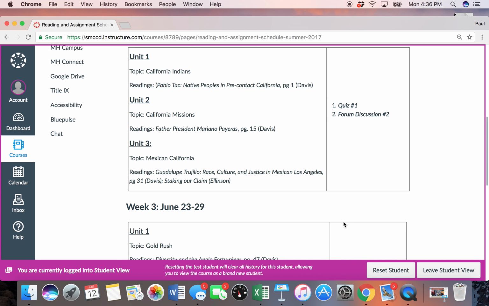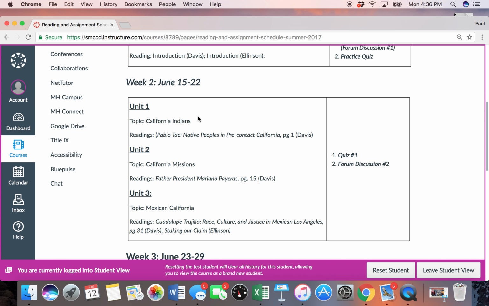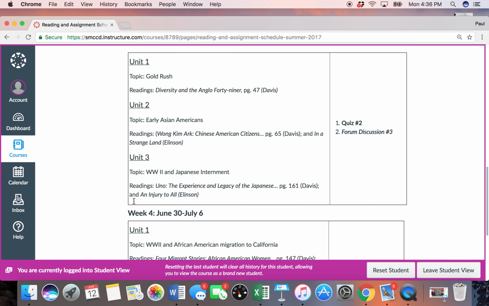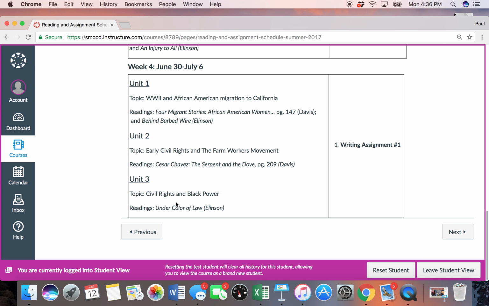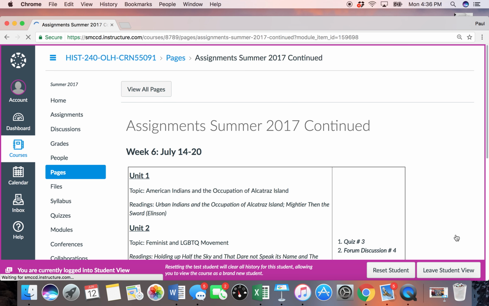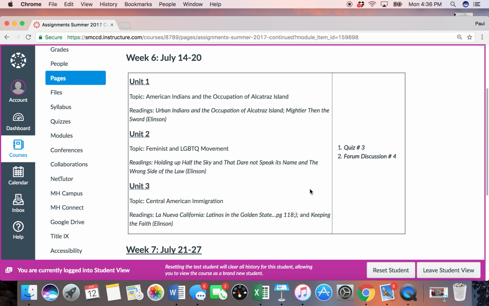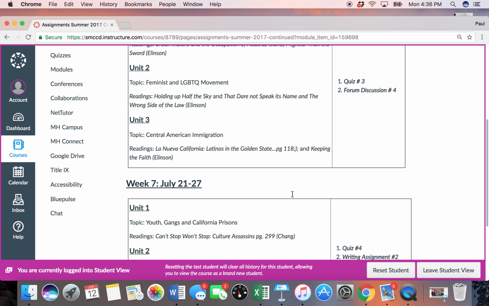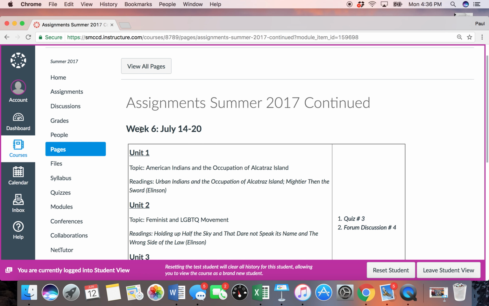For week 1, you only have 2 units, but beginning on week 2, you'll have at least 3 units per week throughout the semester. As you can see here, we have up to week 4, and then we press the next page, and we'll be moving on to week 6, week 7, and if we go back to the home page,